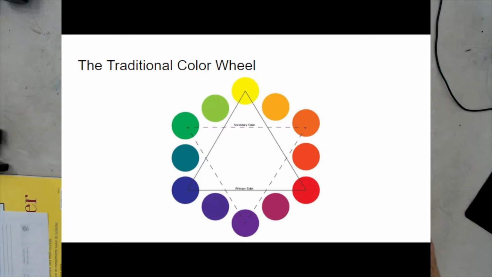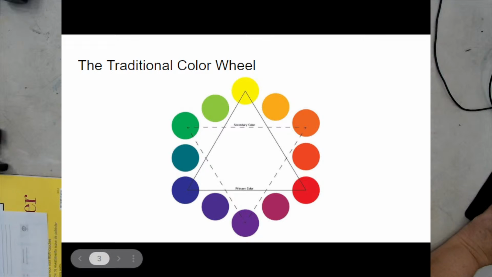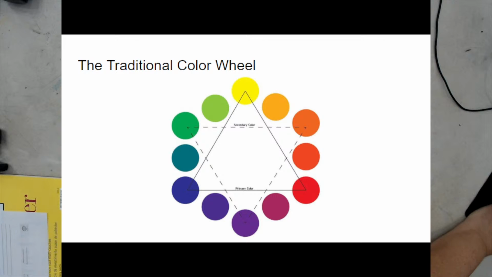Okay, this is a picture of what you would see in the ideal world. Okay, if there were pure primary colors, a pure yellow, a pure red, and a pure blue, and then we mix them together, this is what a color wheel would look like. And this is what we're accustomed to, okay? We buy the color wheel in the store, it's calibrated to the ideal situation, and we think, oh, okay, this is